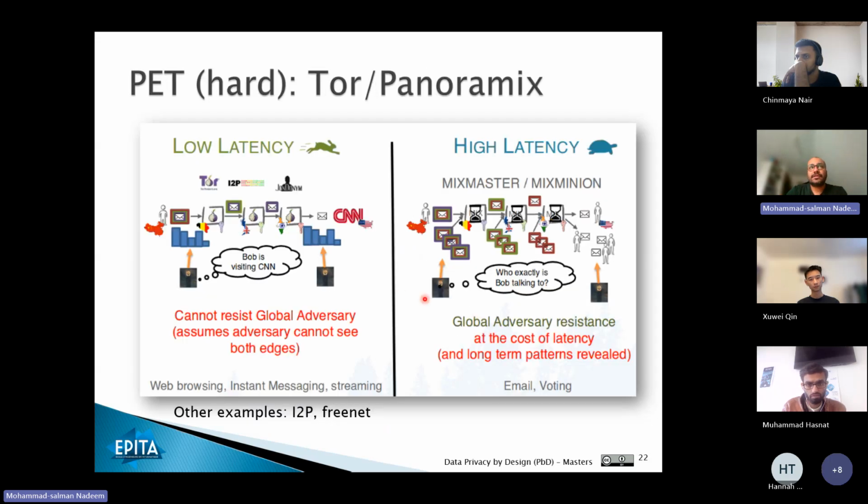I have here another interesting technology, but this is a hard privacy enhancing technology where we have what is known as onion-based routing. I don't know if you have already used it, but how many of you have heard about Tor as a network, or essentially an overlay network? Any of you? Okay. But what is interesting here with a privacy enhancing technology like onion routing is that, as the name implies,